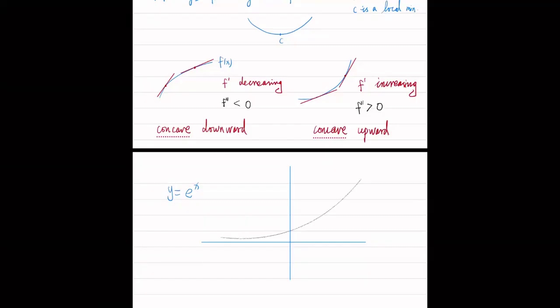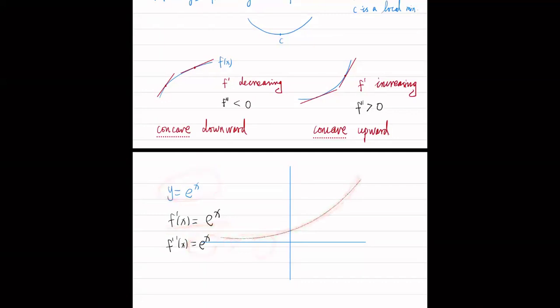Let's check the derivative of this graph. It becomes bigger and bigger. In particular, the derivative is, okay, Zicheng, what's the derivative? E to the x. What's the second derivative? Now we can see that because the second derivative is positive, the derivative is increasing, and the function is concave